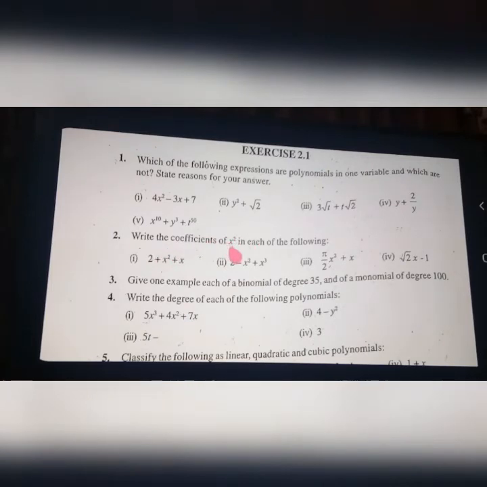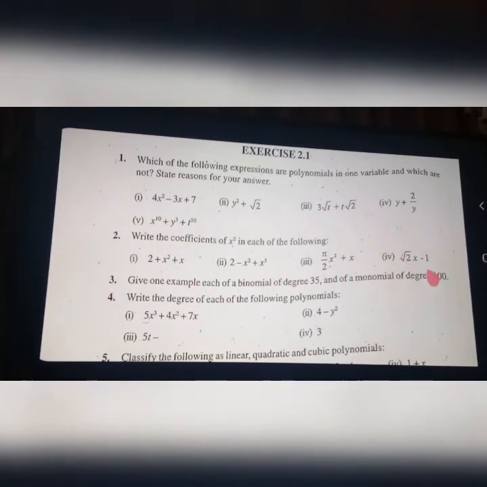And next one. Write the coefficients of x square in each of the following. Coefficients, I told you, the left side of the variable which is written, we call that the coefficient. Clear? Now the coefficient of which variable do you want to find? x square. See here, what is the coefficient of x square? Left side anything written? Nothing written. The meaning is that it is 1. So what's the coefficient of x square? 1. What's the coefficient of x square here? Minus 1. And here? Pi by 2. Here is x square there? No. So what's the coefficient of x square? 0. Okay.